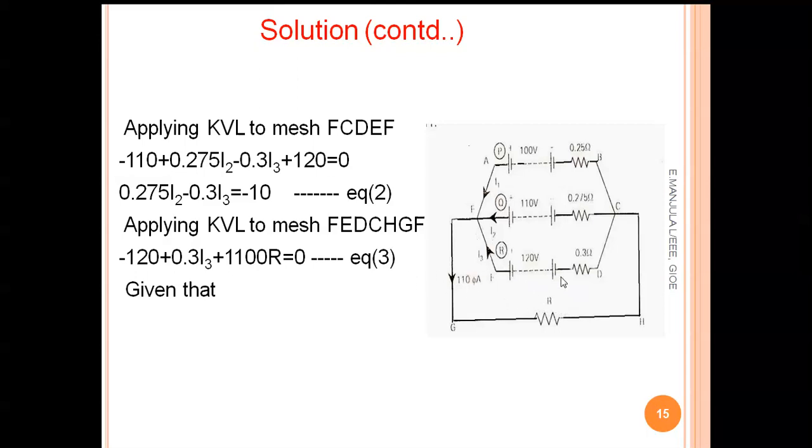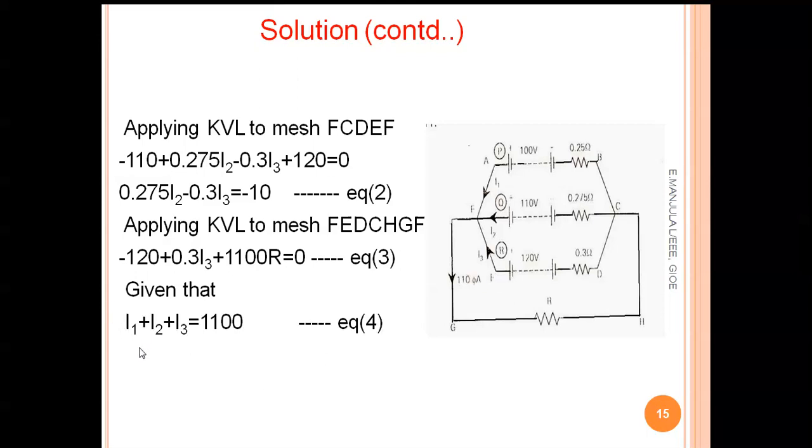So from this it is minus 120 plus 0.3 I3 plus 110 R is equal to 0. So now we got three equations,